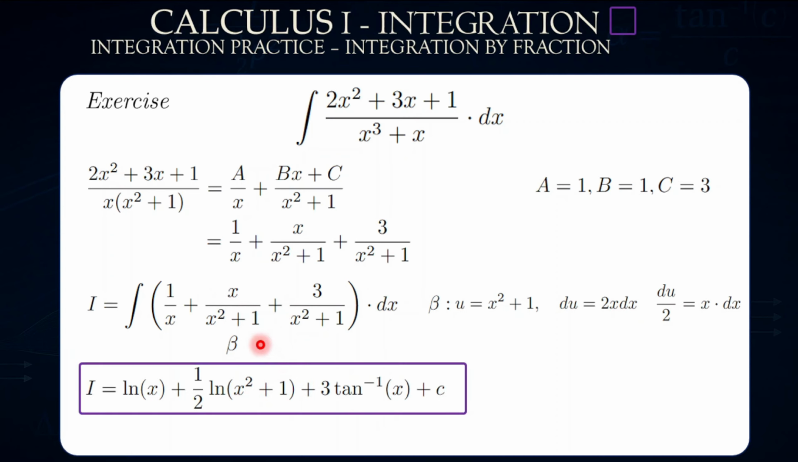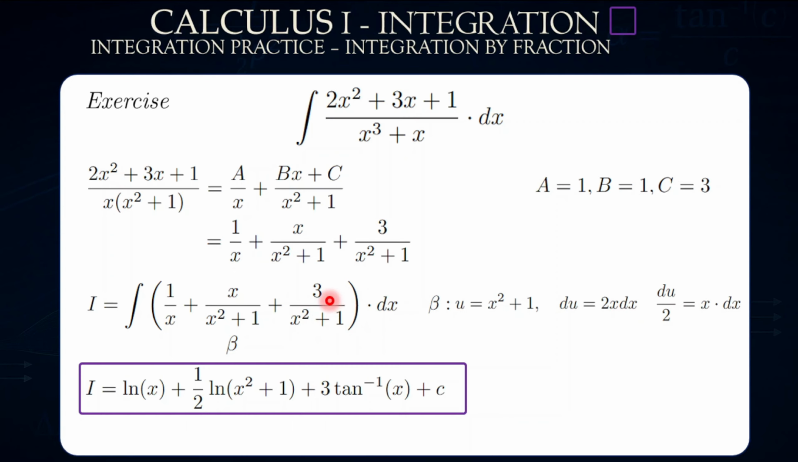The integral of 1 over x is ln x, because the derivative of x is 1. So the integral of 1 divided by x is ln x, plus the 1/2 du over u, which is 1/2 ln u, which is x² plus 1, plus, now here,